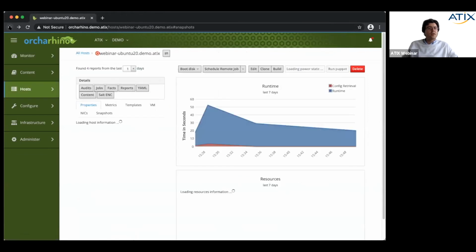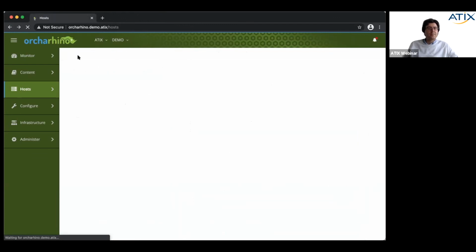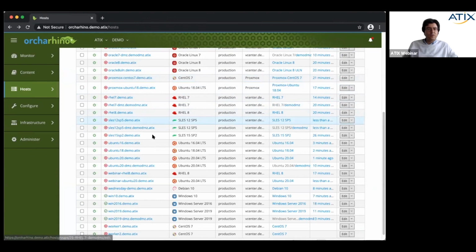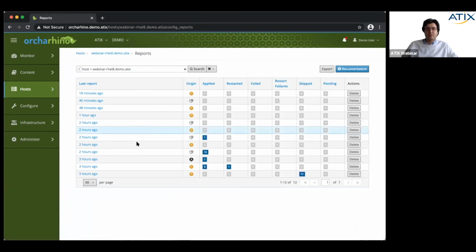Now let's have a look at the other server we already prepared to show you a bit more. There we have assigned a Puppet state, a Puppet class, a Salt state, and an Ansible role, so you can see different reports. So let's have a look at the webinar rel 8. If you now click on report, you see all the configuration of the reports you got. So you see you regularly get the Puppet reports, you regularly get the Salt reports. Ansible was fine and was just run about 10 minutes after the host had been deployed and came online.